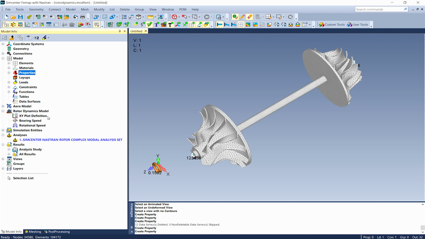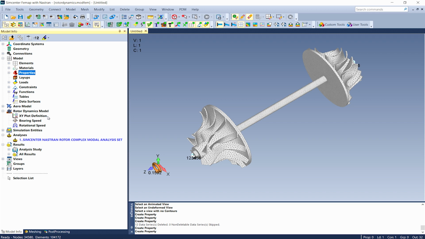First, XY plot definition can be used to create an OUTMGT entry, which allows users to generate nodal, elemental, and/or advanced XY plots for various types of rotor dynamics runs. These XY plots will appear as FEMAP functions, which can be plotted in the charting pane after results have been loaded.